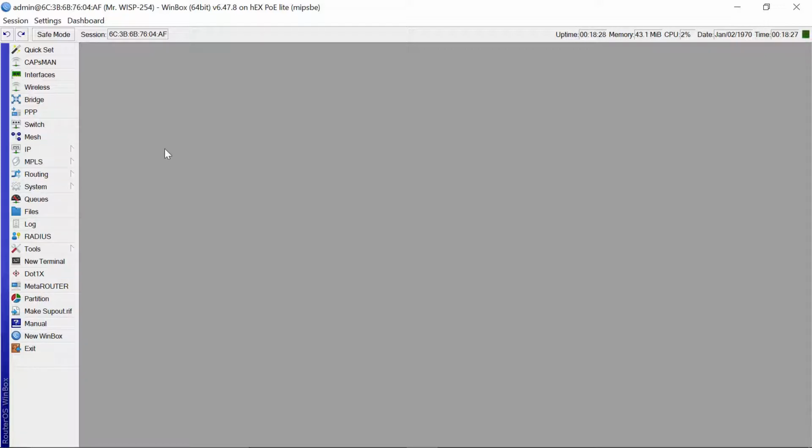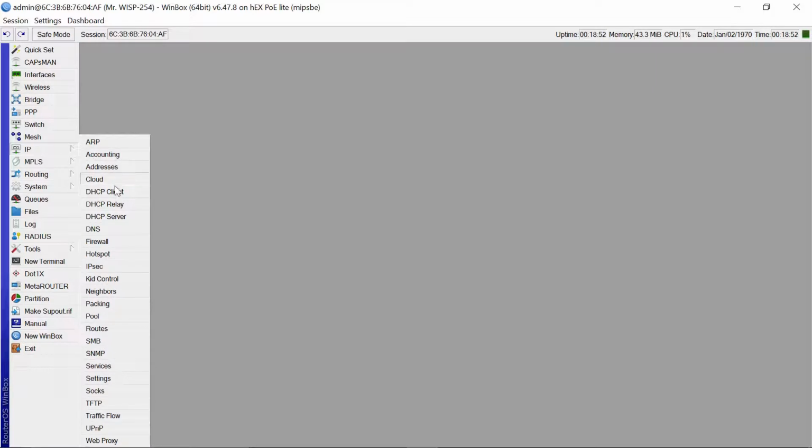So how a DHCP client works is such that your internet provider has given you internet access, and this internet provider is assigning you an IP which will give you internet access, and this IP is going to be a dynamic IP. So for you to set up a DHCP client, all you need to do is come to IP, click DHCP